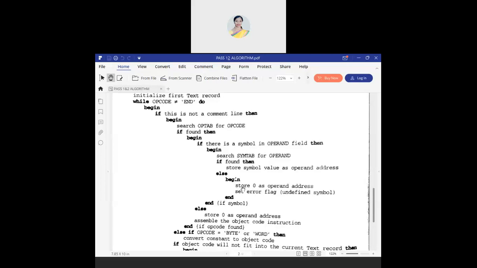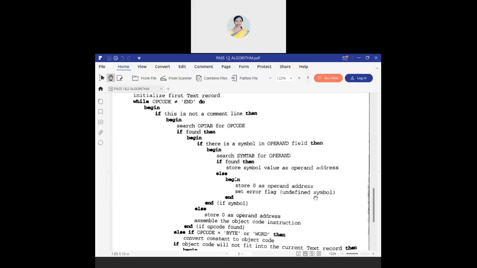Else begin, 0 as operand address. See, this is very important. See what you did with 4C: you added 0, 0, 0, 0. If you don't have an operand, then what you have to do? Store 0 as operand address. So this has to be very clear. Otherwise, if the symbol is not there in the symbol table, then make it an undefined symbol.